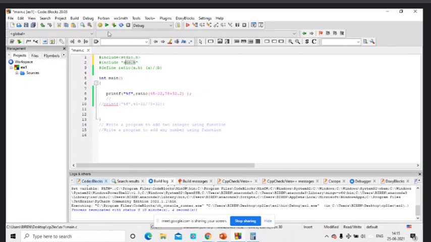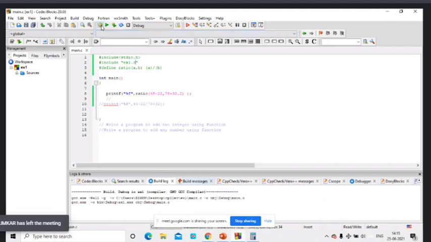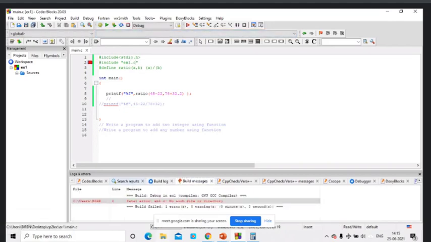So you are going to observe the error message like this: no such file or directory. Okay, no such file or directory. You can add another C file also like this. Let me check.